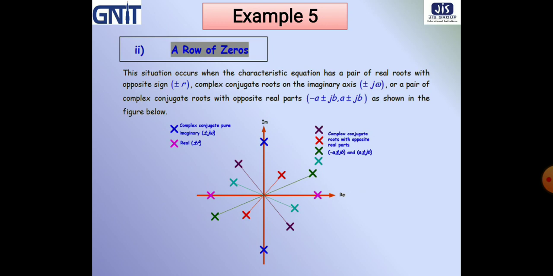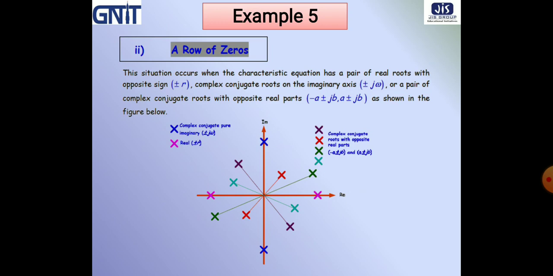Now moving to our today's topic: if any row of the Routh array becomes 0, then what do we have to do? Then how can we find the stability of the system? Now, when a row of zeros occurs,